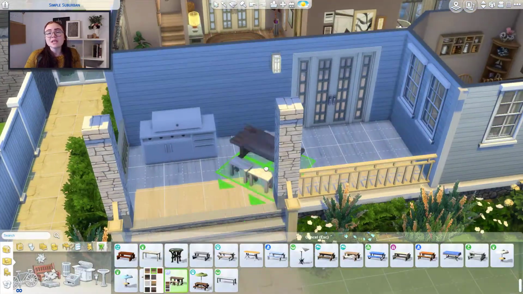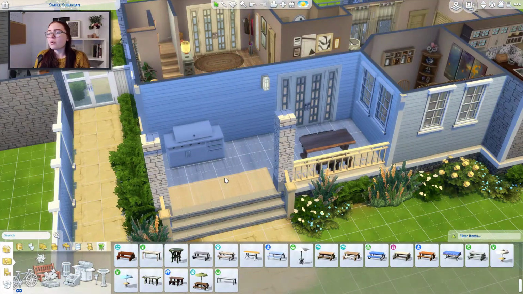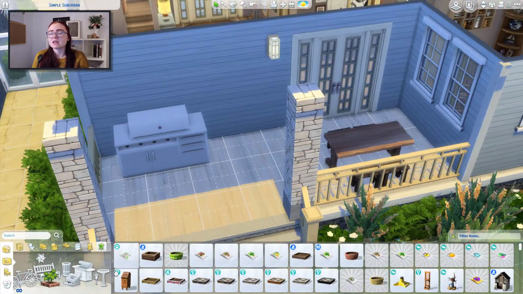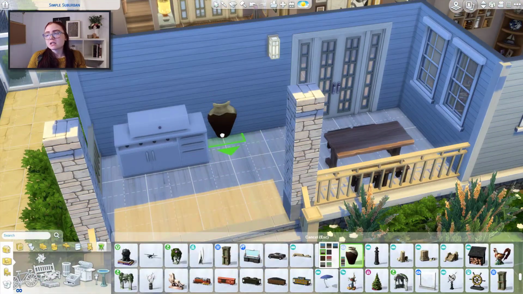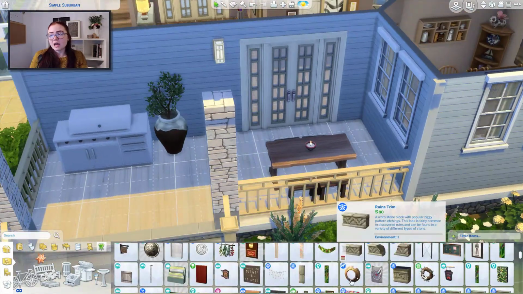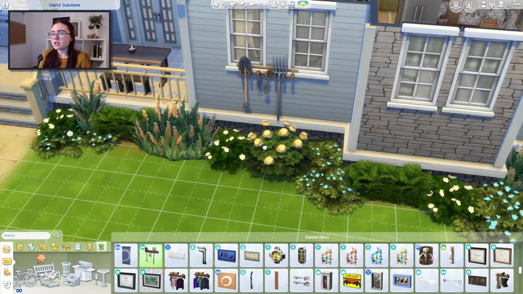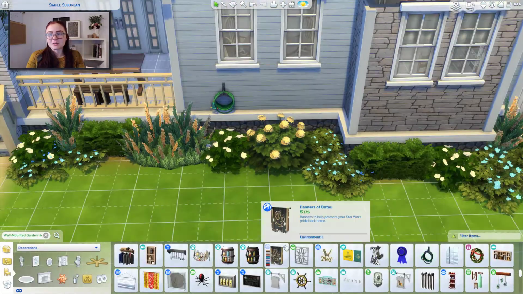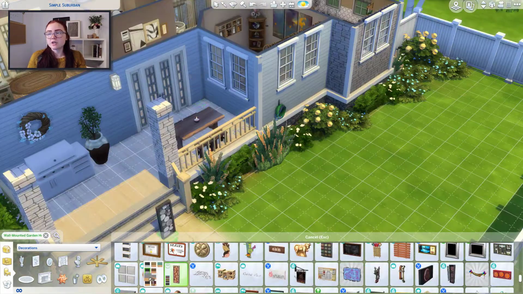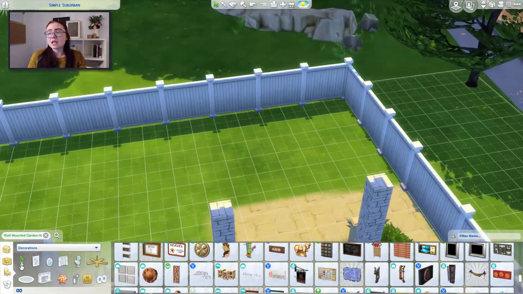And now we're on to the exterior, the backyard. So we are placing a little grill and then a little seating area for the family to sit outside and have some dinner. It is the picnic table from Journey to Batuu. And then I merged my favorite plant with the vase from Spa Day, so that way it just gave it a little bit of a different color, a different feel to it. And then I placed a garden hose